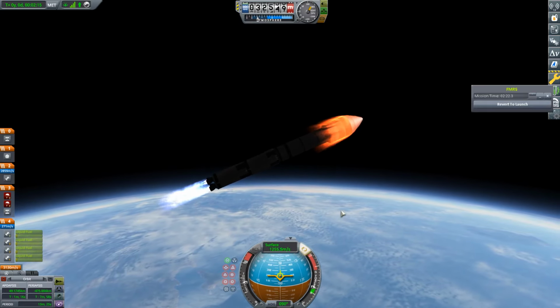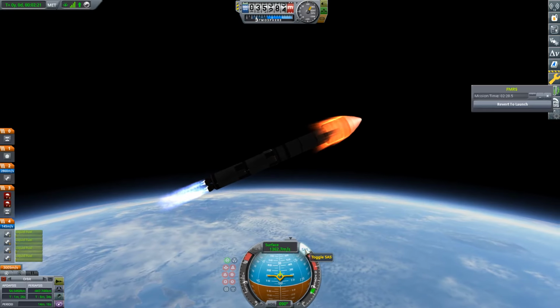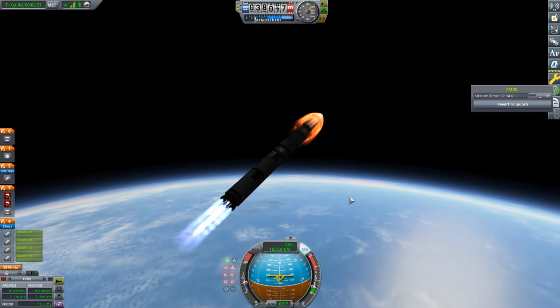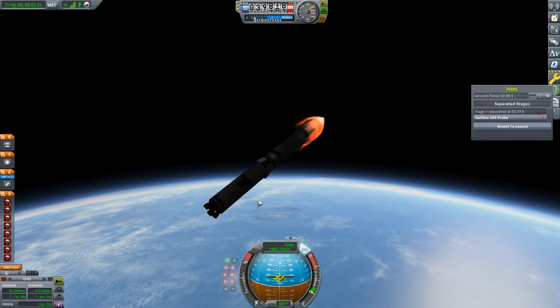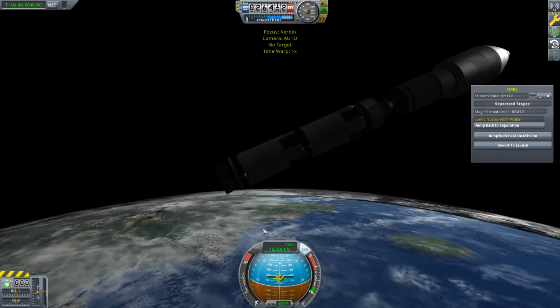So the reason for all of this is it's all trying to fix it because we're using SAS, this is kind of embarrassing. I forgot what it stands for. But yeah, so now we have main engine cutoff and stage separation. Now we have a clean stage separation, and we will now follow the first stage on its path back down